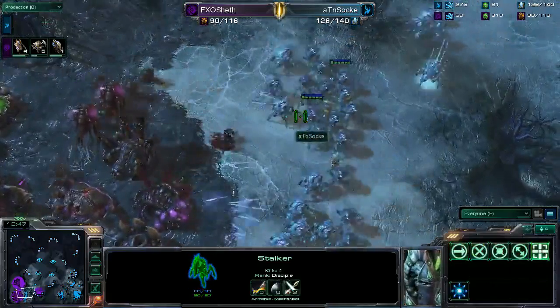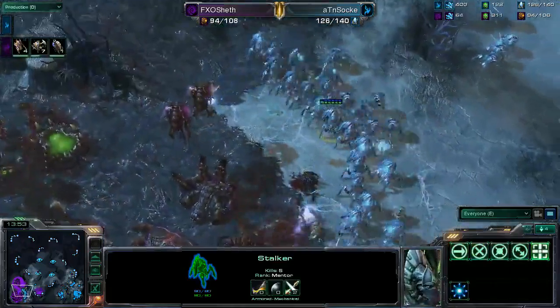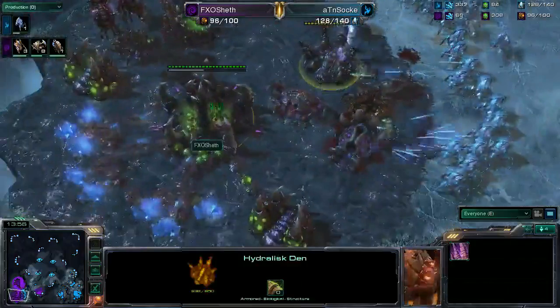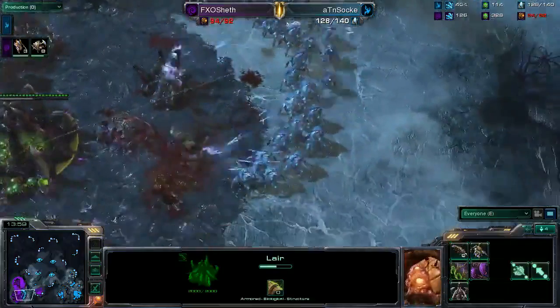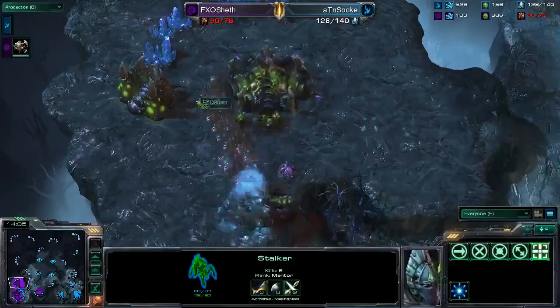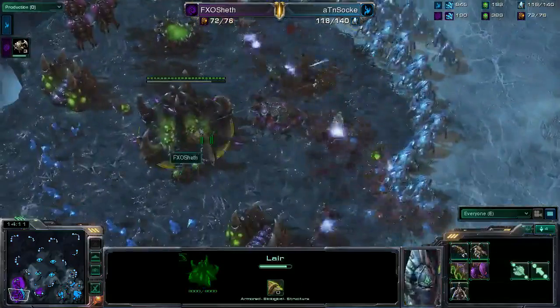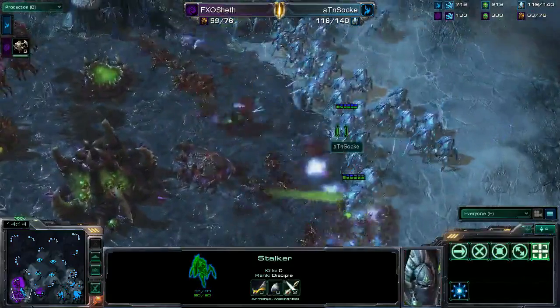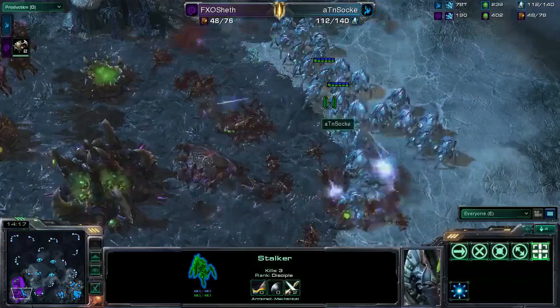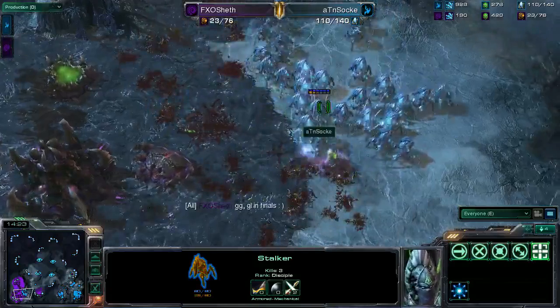Socke with so much firepower available to him from those huge collections of Stalkers, 35 in total, and now the tech will be destroyed. Sheth is really not going to be able to defend this unless he has some amazing trick up his sleeve. Drones being pulled off right there as Socke powers his way into the main base. All the drones in, throwing it in there, a last-ditch defense, but Socke cleans this up completely, and the GG is imminent. And there you go, ladies and